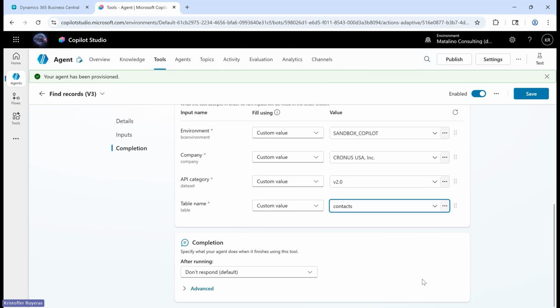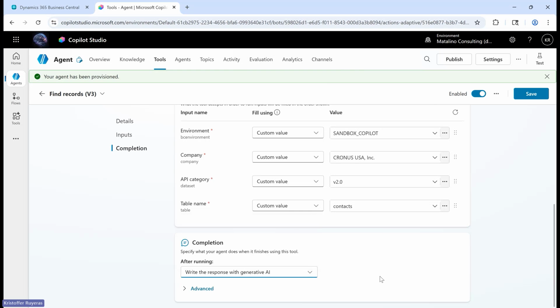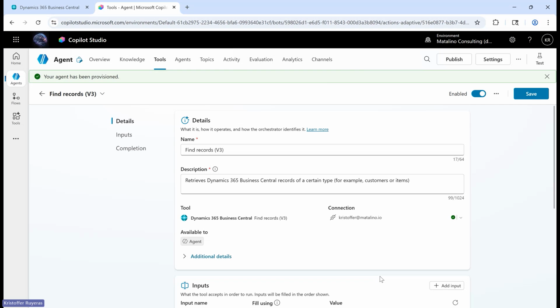So yeah, and that's pretty much it. You can also add additional things, like do you want it to respond something in return after it gives you the result? So it may give you the result, but then it doesn't do anything. So you can always write the response with generative AI, so at least it's giving you something like a confirmation. So that's the first. We can go ahead, hit save here, and then we can test this out